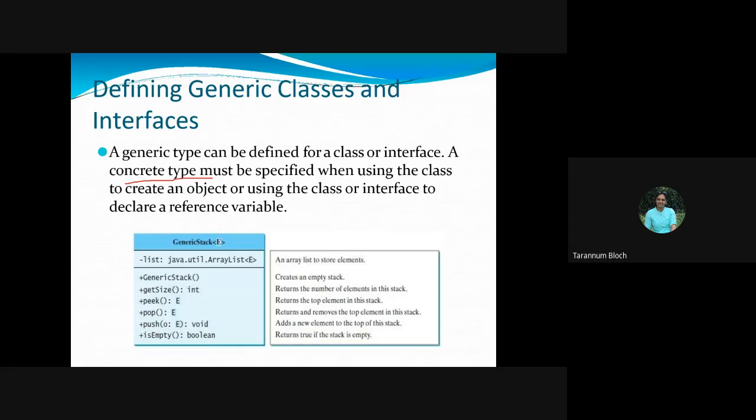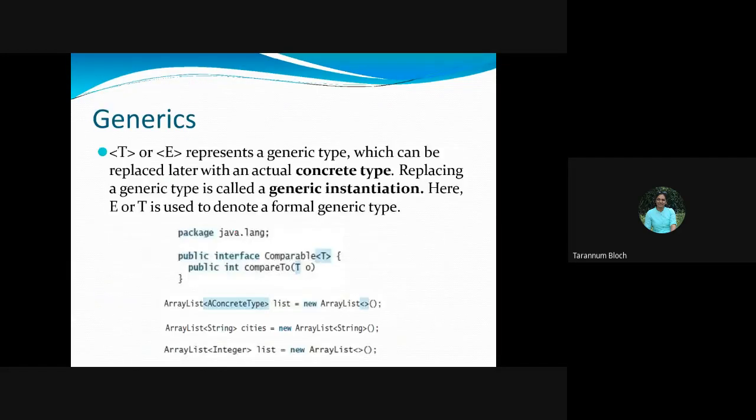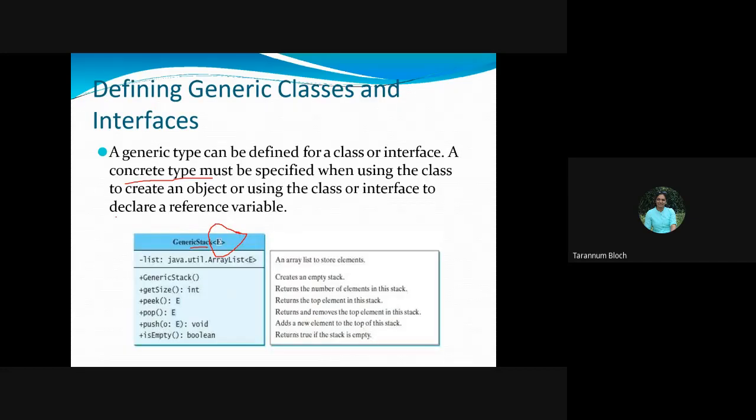Okay. So if I am defining a generic class, let us say I have generic stack. As we say, the genericity can be shown by triangular bracket. Either you can write T or E. Yesterday we said that, right? Either we can use T or E. Fine. So over here we have generic stack E, which is the elements of this stack. We have minus list, right, which is the private member. It's an array list to store the elements, right? So over here, this is the class representation.